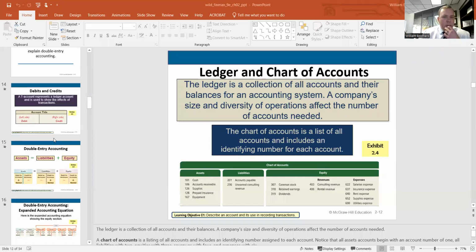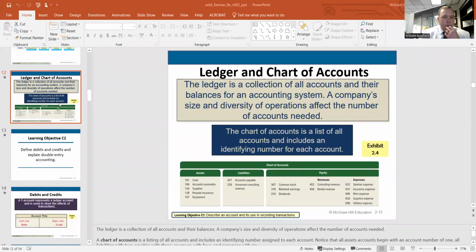This is a critical chapter in terms of really completing the rest of the course, and in a lot of ways it is the foundation for what everything else is going to be all about. So certainly how debits and credits work and how accounts work is a real essential tool in this course. So we're going to try to dive right into it, and I just want to share a little bit of information. If you go to your PowerPoints, you'll see a couple of things, and we'll just kind of begin from